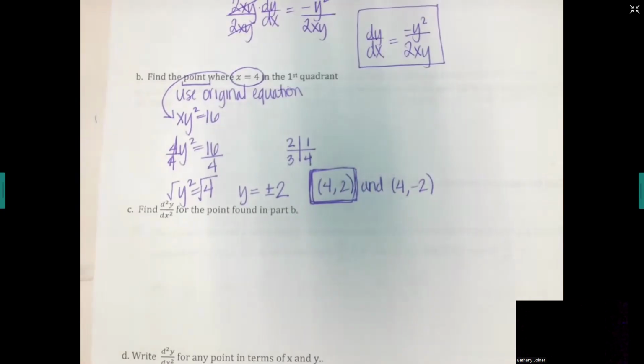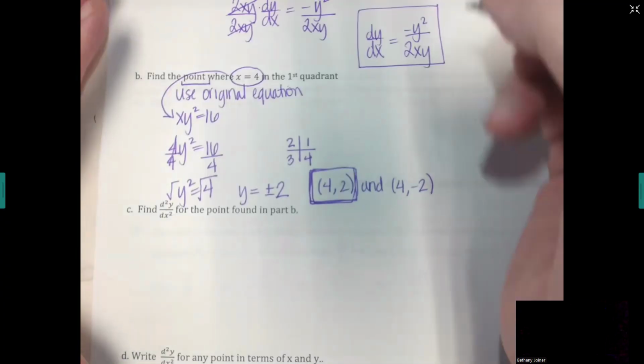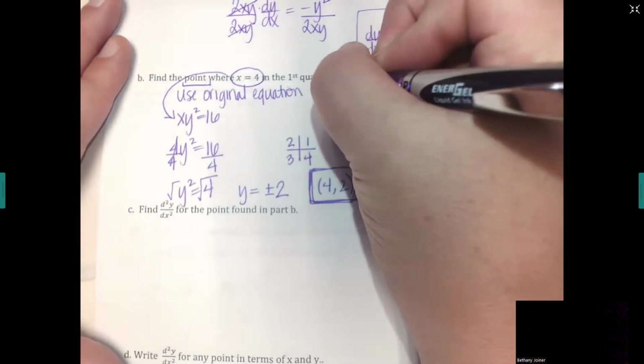But there are technically 2 points, okay? We just are going to choose one based on how they told us to pick. Okay, now from here, I want you to add an instruction because this is all over your test. And I don't want to do every example in the packet to be yapping up here the whole period. So I want you to put right